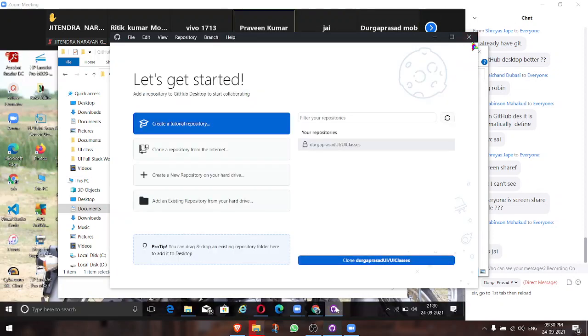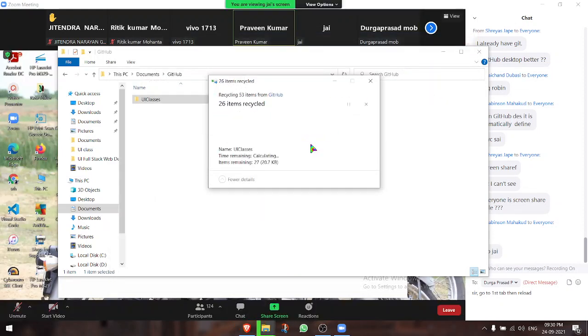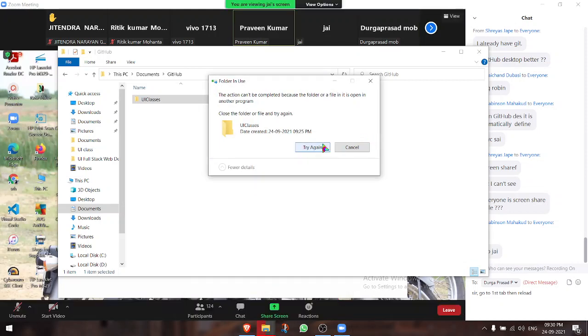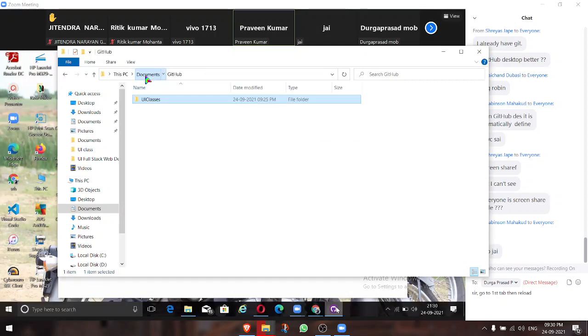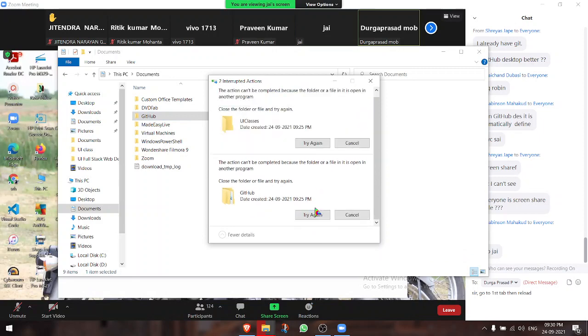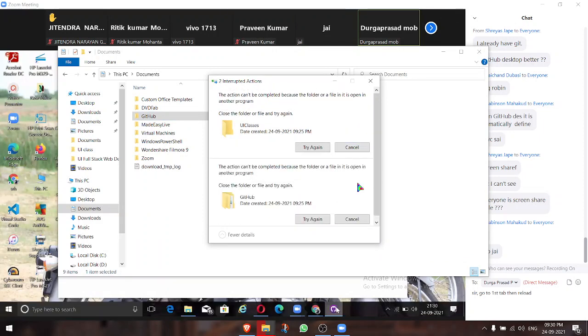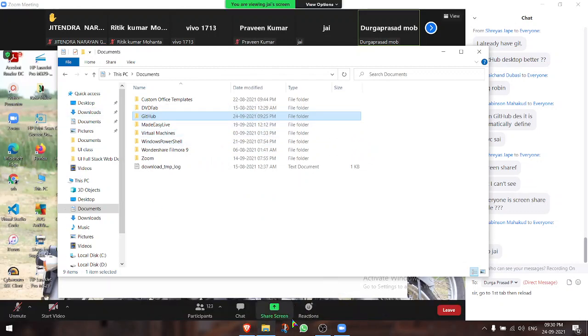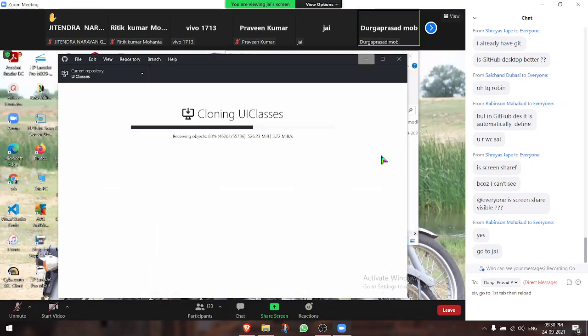Suppose we do this cloning of UI classes today, and tomorrow we do it again, same files are received, only tomorrow's classes are received, sir. Only tomorrow's class will be there. The GitHub desktop will make sure of that. That is the reason we have chosen the GitHub desktop. It is completely aware of what is not matching between your system and GitHub. Whatever is not matching, it will take out and keep in. And that is what will help you in future to take your local code and push it into GitHub also.